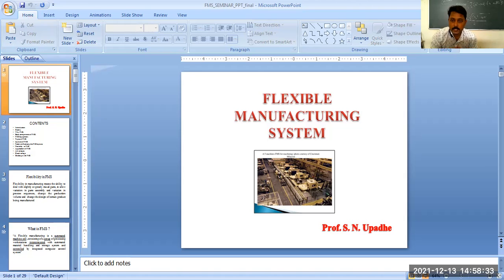Then there is a batch type of production system where we produce parts in batches. Suppose we have to produce the outer parts or the exterior parts of a car. So what are the exterior parts of a car?